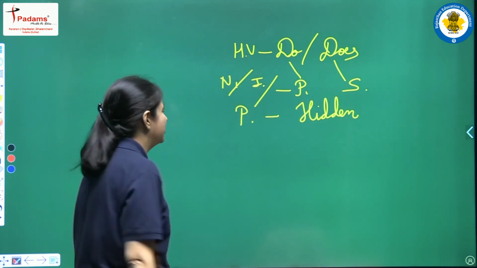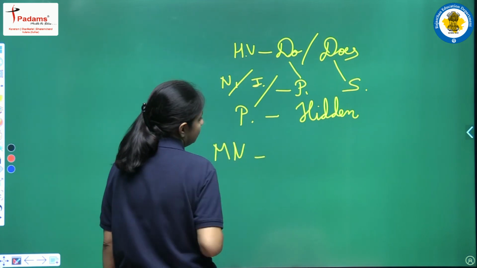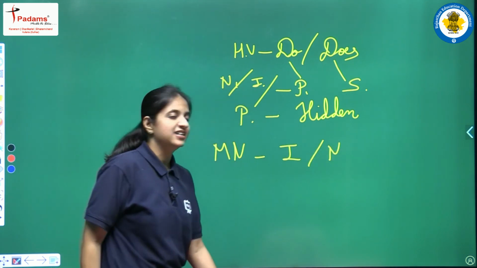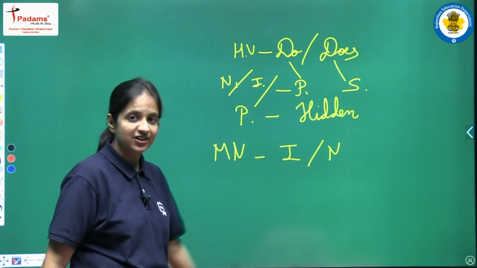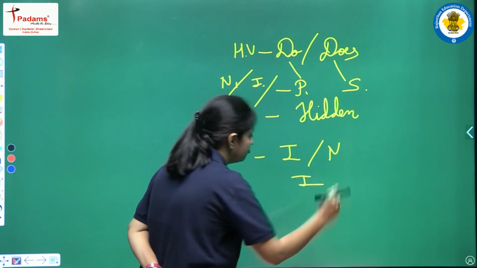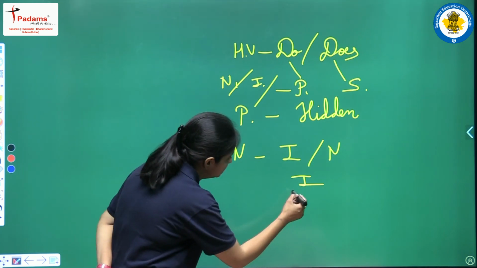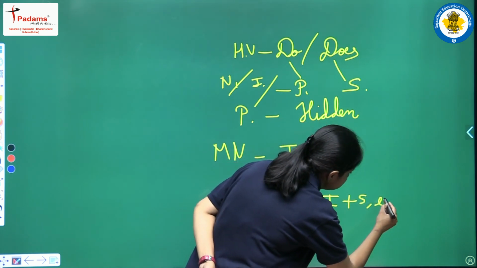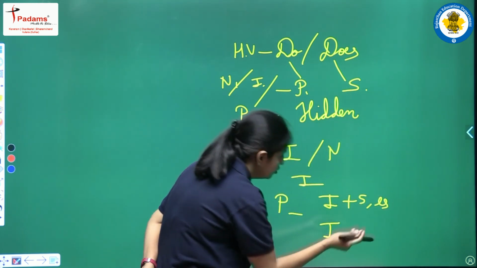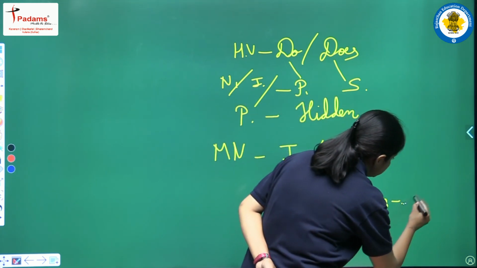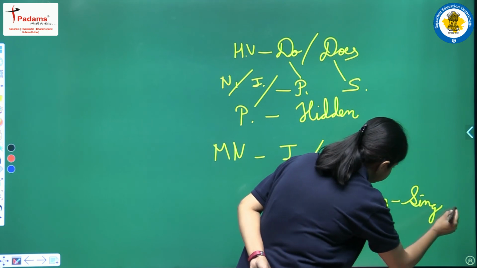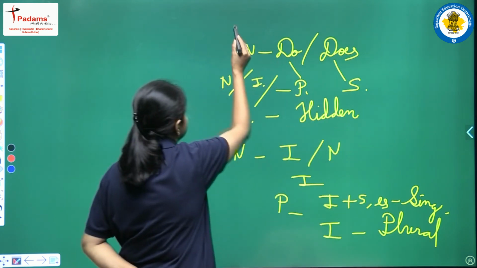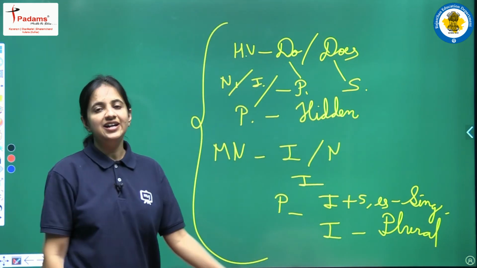Clear? Now talking about the main verb. Main verb, again we are having different rules for interrogative, or we can say negative. So if our sentence is an interrogative sentence, if our sentence is a negative sentence, then we use the first form of our main verb. But if our sentence is a positive sentence, then first form plus s or es, and only first form. So first form plus s or es when, when the subject is what, singular. Only first form when, when the subject is what, plural. So these are the basic rules of present simple tense, right?